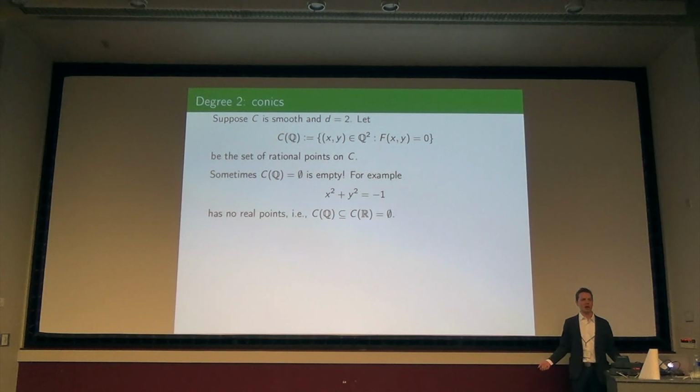It's like completing the square in x and y, and then seeing if the signs are negative in the quadratic form that appears there. That's sort of how you check that. Okay? So we should only be asking if there are rational solutions if there are real ones. Okay, what else could go wrong?